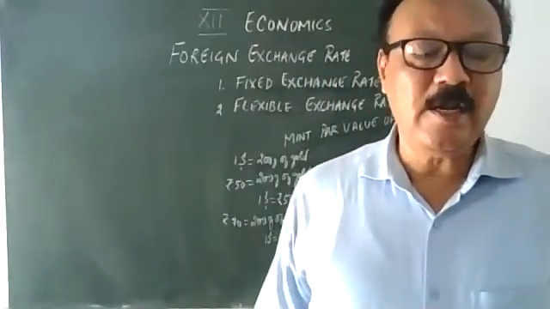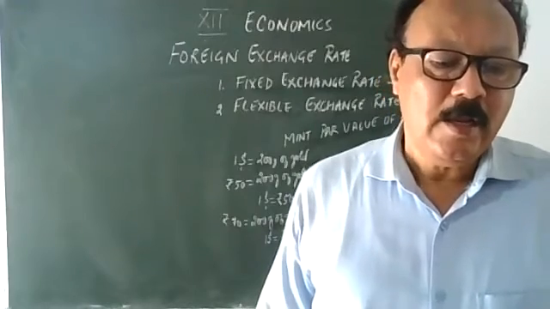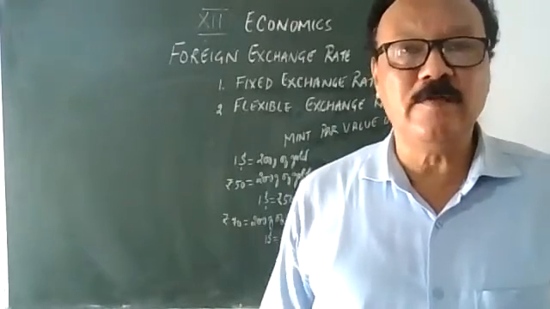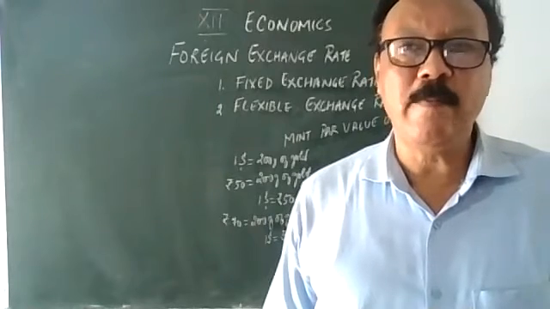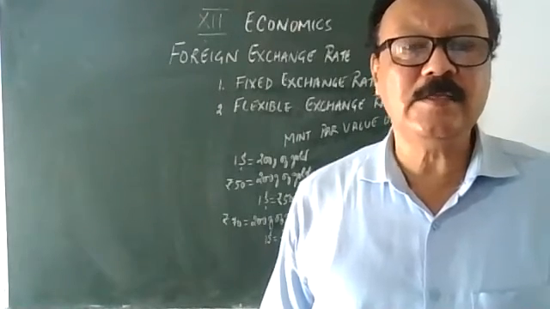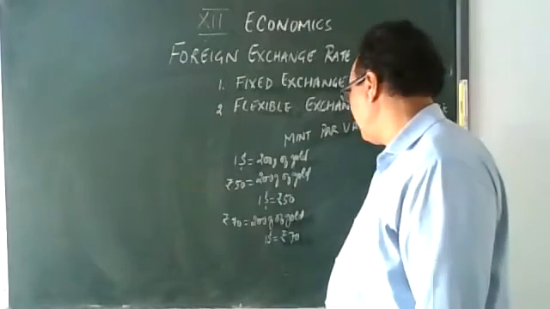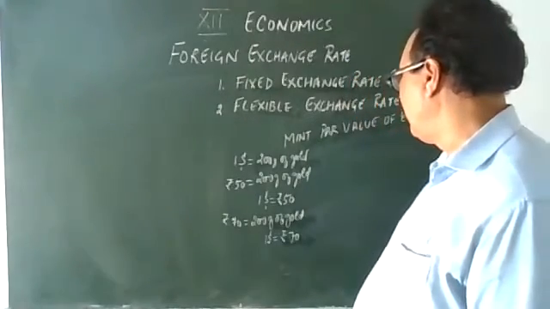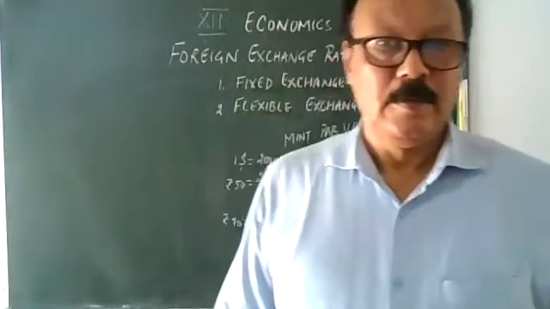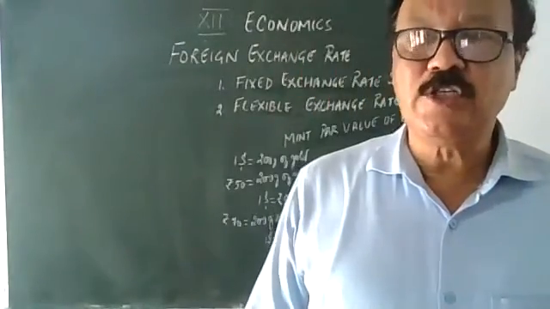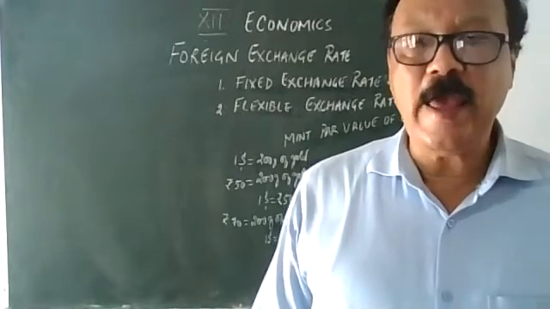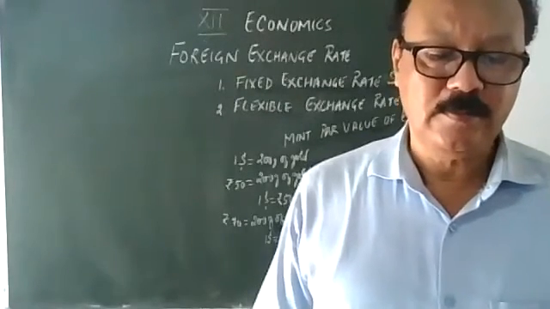This is the mint par value of exchange where it is used under the gold standard system. Now, what are the merits of this? Write down merits. The first merit is stability. It ensures stability in the exchange market